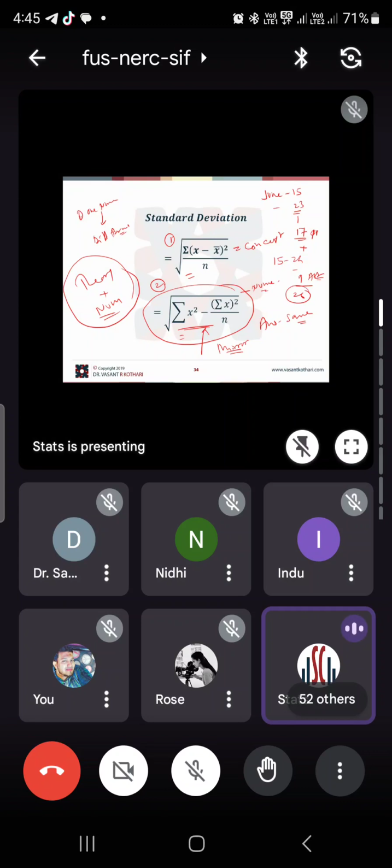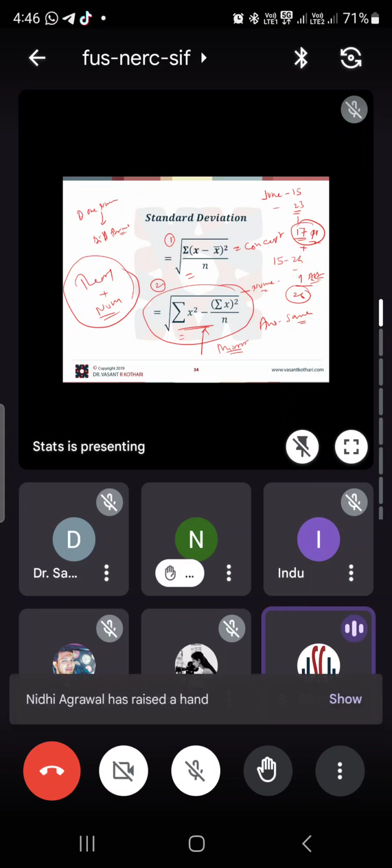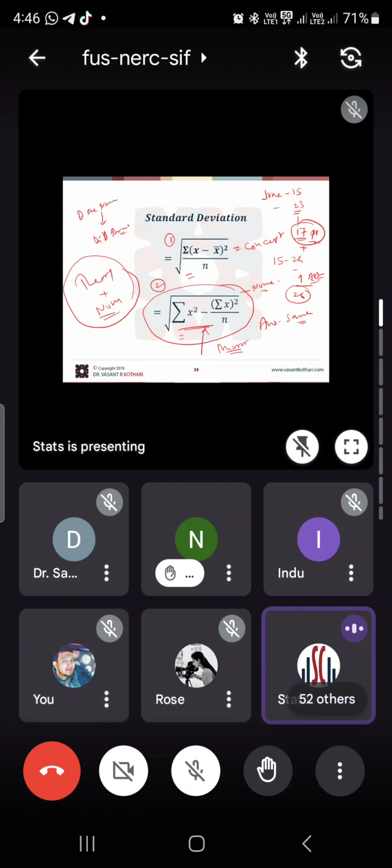If you do the theory and the numerical from question papers and assignments, don't open the IGNOU book. Don't open any other subject book for numericals. You do the numericals from these 17 question papers and 9 assignments. That will be more than sufficient. If you practice this much, easily you can clear your paper. Don't confuse yourself. Don't practice more numericals. Don't practice numericals from any other book, even the IGNOU book. Okay, just do this. Yes, Shweta.